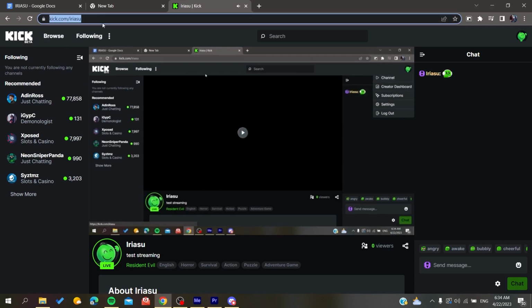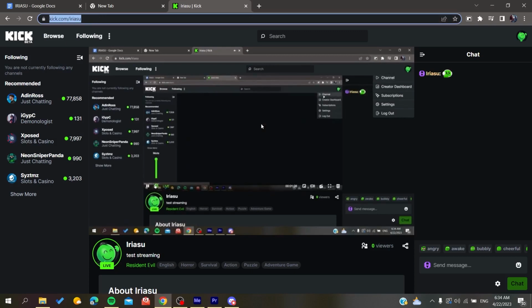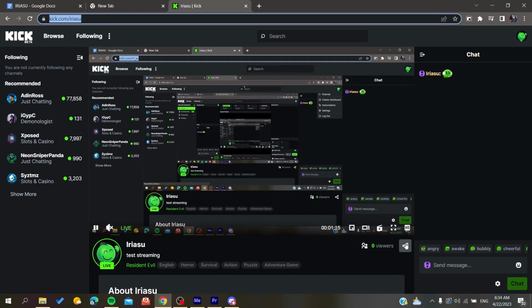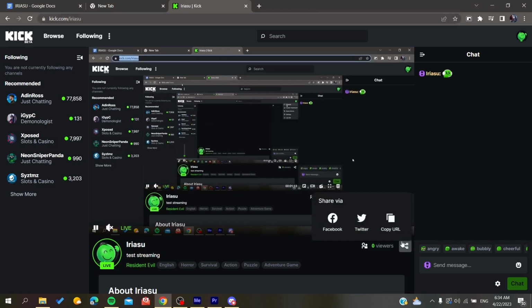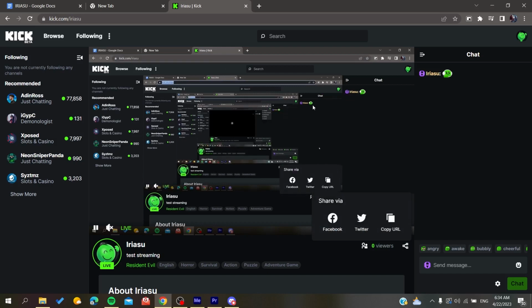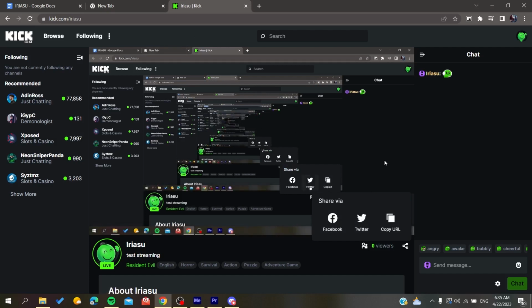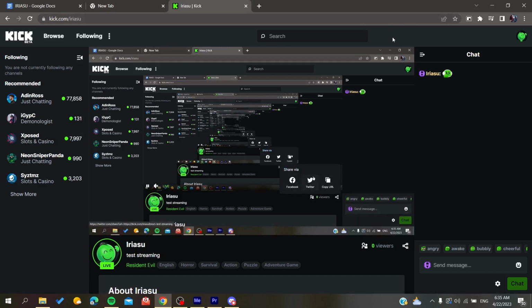and now all you need to do is to copy this link, and then you will need to share your streaming with as many people as you want, so that your stream will be viewed by many people. So basically all you need to do is to share it by copying the URL of your channel, or you can have some links to Facebook, Twitter, or you can share your profile, or I mean your URL, in other platforms like Instagram, in Twitch, or any place where there is a big audience of the thing